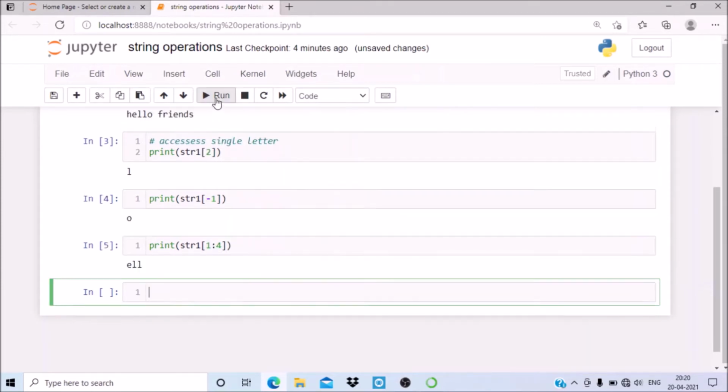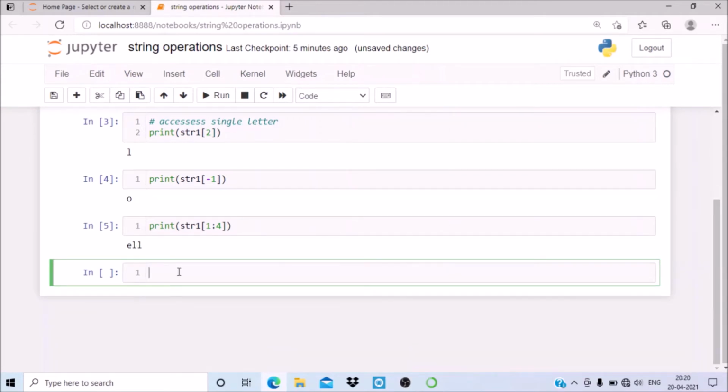Here is the answer, ELL. But the final value I have given is 4. In case of a range of values, the first index is considered as it is, but the last index is considered as last minus 1, so even though the last number is 4, the letter at index 3 is displayed.